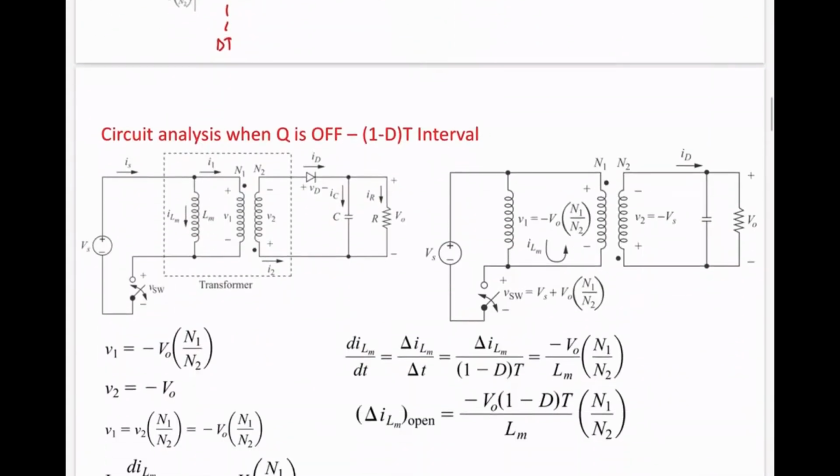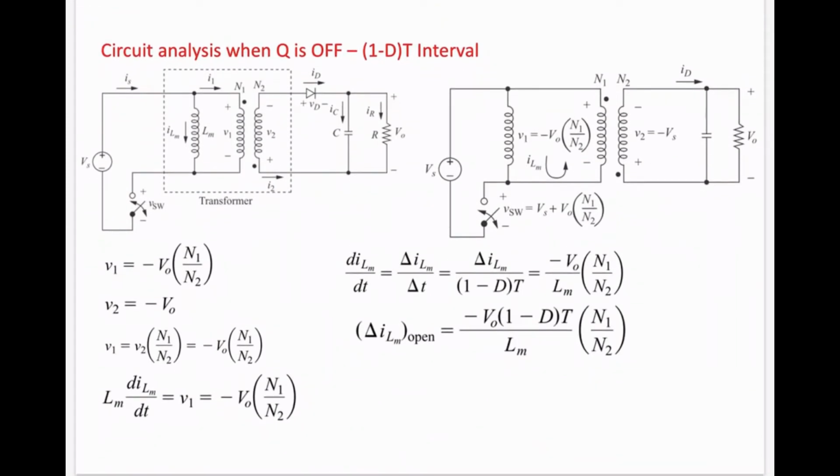Now let's see what will happen when we turn off the switch. When we turn off the switch, we are basically interrupting the flow of the current in this branch. The inductor does not allow abrupt changes in the current and it resists the change in current. So where will this current go when you break the path? This current will take this loop now, and it will enter the primary winding of the transformer in this direction.